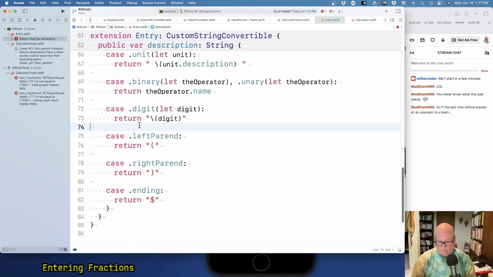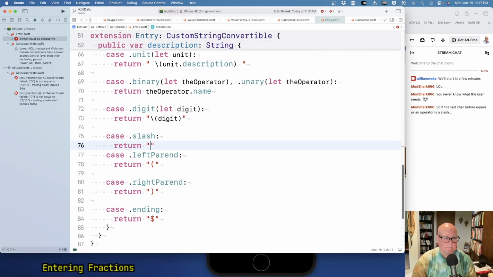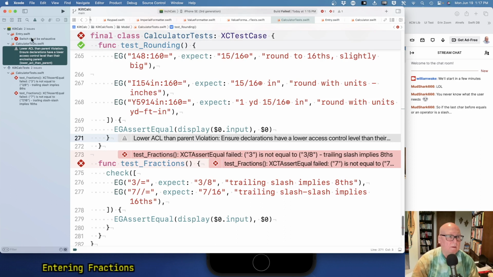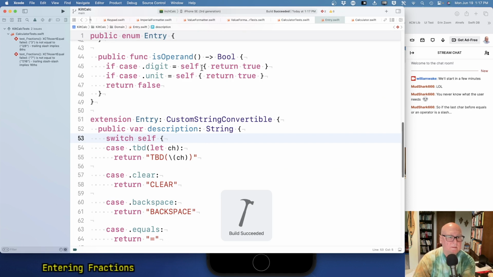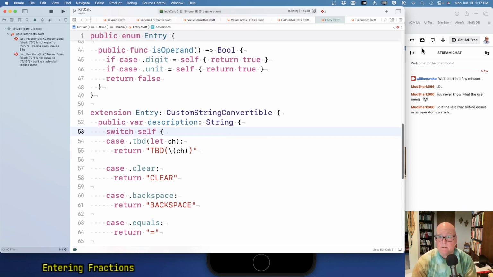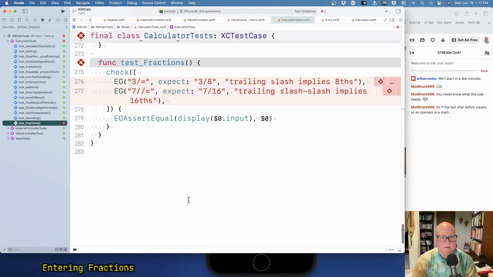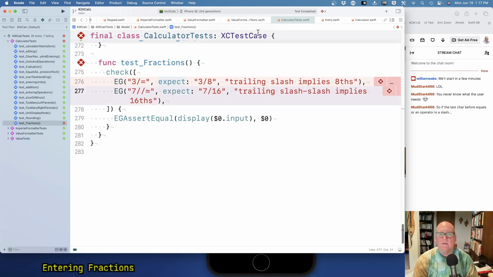Okay. All right. Should compile now. Okay, and still fails. We haven't done anything. Well, we've probably screwed up number formatting or something. 3 is not equal to 3/8. Okay, so that's